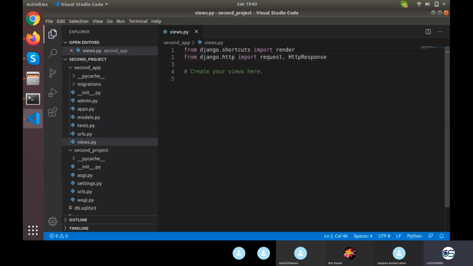It should be in the same case as I have written, H capital, R capital. Then write def index(request): return HttpResponse, Hi, this is a web page, or simply Hi, this is a http message. Save it.